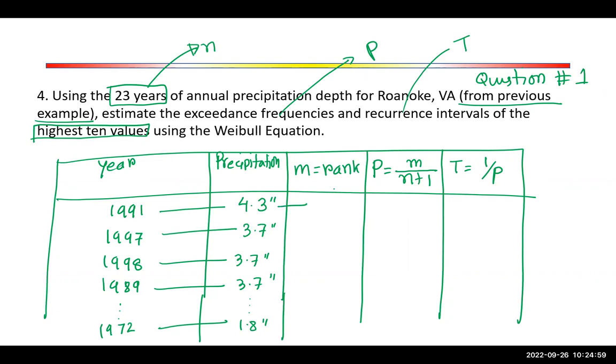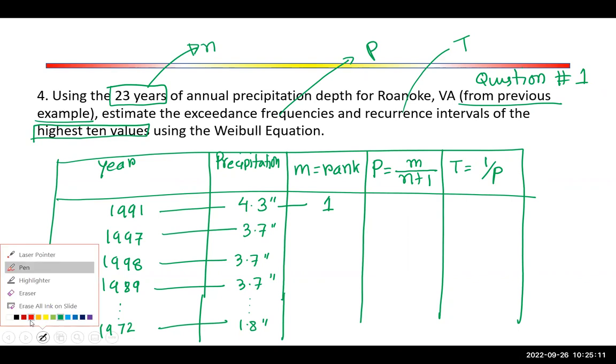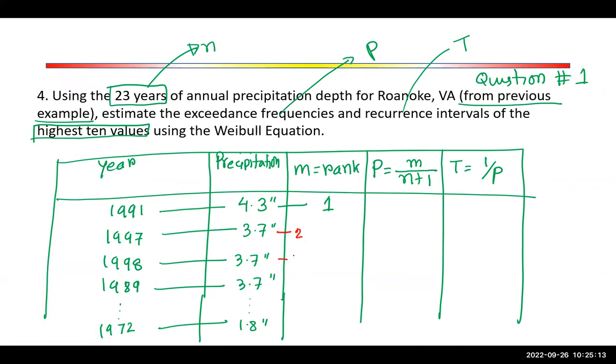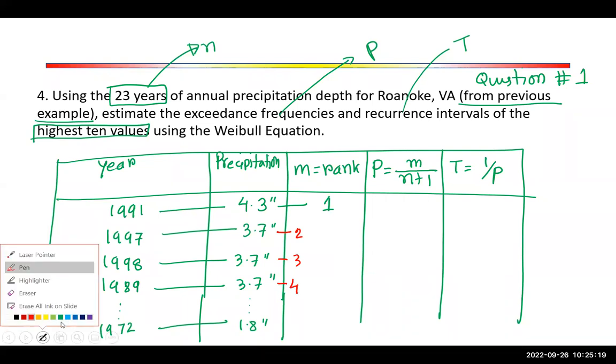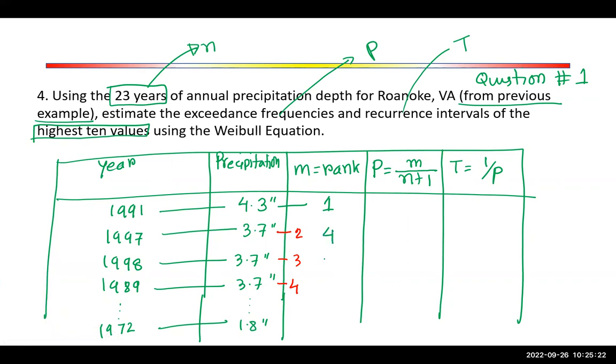Okay, so the rank for the very first one will be what? 1. Now I have 3.7, 3.7, 3.7. If I did it traditionally, it would be 2, 3, 4, but I can't do that. I will take the maximum one. So my actual rank will be 4, 4, 4. Okay, that is important. That was the important part for this question, how to select the rank. And once you have ranked, the rest of the part is easy, right? Okay, great. So now we can go back to question number 2.